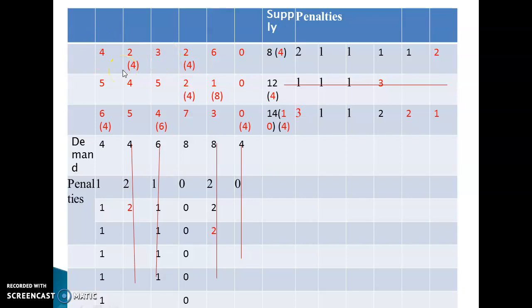There are 3 methods of finding the basic feasible solution. Now here I have solved this problem using Vogel's method. I have explained Vogel's method in the last videos. So here first you need to find the penalties in each row and column. Penalty is nothing but the difference between the 2 successive minimum values.